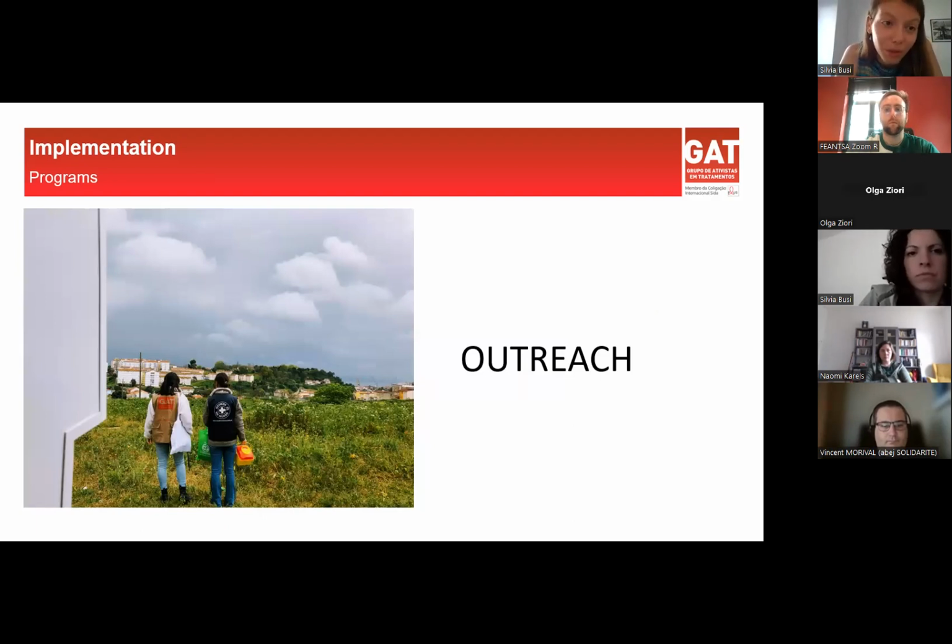Outreach is when we go into the field. We go where people are using, where people are sleeping, where people are living, where people are staying, to talk with them, to understand where they are, to take the service to them. This is really important, but I would say never do it without peers, because it can look judgmental.